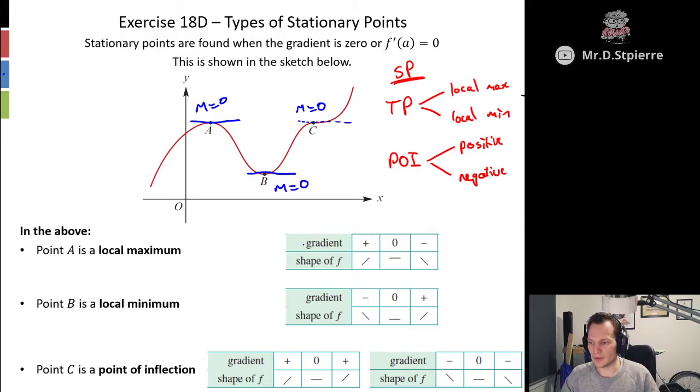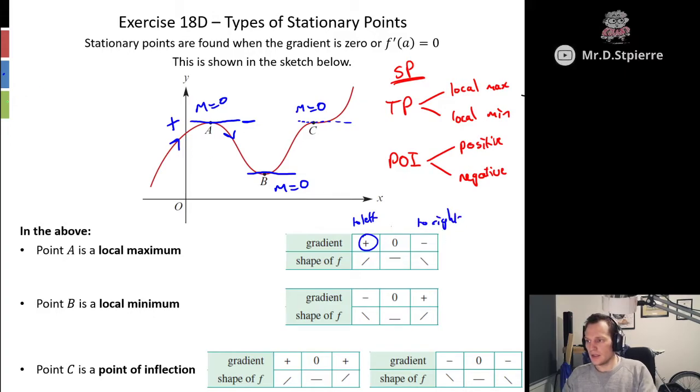Now, these tables down here show us not only the gradient at each of these points, but almost more importantly, the gradients around each of these points. What's the gradient to the left of this key point? What's the gradient to the right of the key point? If we notice, at a local maximum, we have a positive gradient on the left, it is going up, and then on the right, we have a negative gradient. That's what this is showing. To the left of a local maximum, we have a positive gradient. At the point, of course, the gradient is 0,